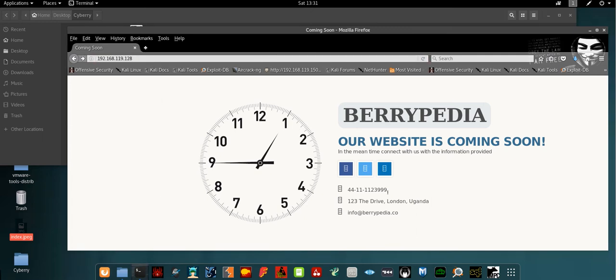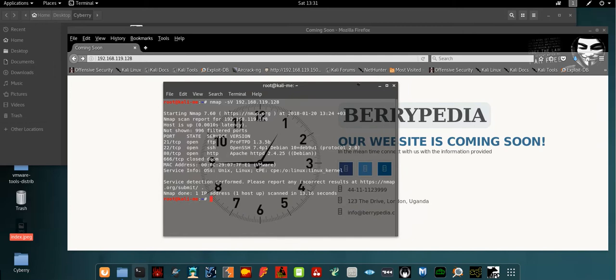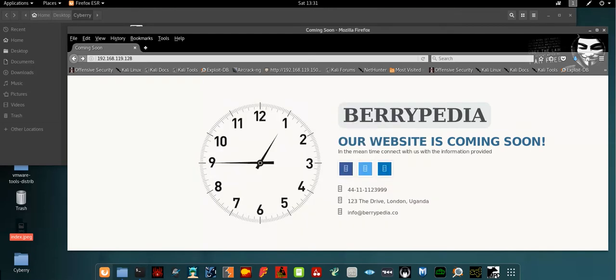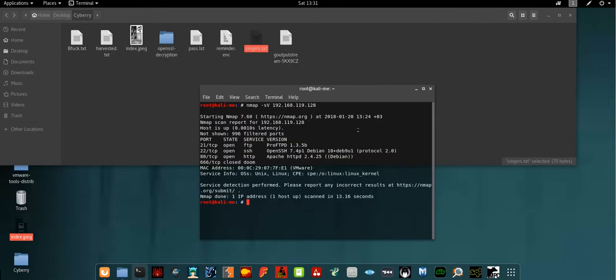If I scan through the vulnerable machine using Nmap, as you can see here, I will have 4 ports. One is closed and the other ports are open. One of them is for HTTP and the others are for SSH and FTP. So if I go back here,